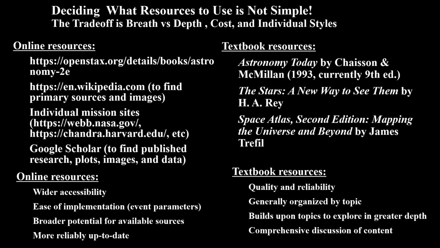The textbook ones, of course, they do have quality. They are reliable. They are organized by topic. If you're someone who learns best sequentially, the content builds upon itself for each topic, and so you end up going greater and greater in depth. One problem, though, with textbooks is the data is 4 or 5 years out of date before the books are published, because unless things have changed a whole heck of a lot, it takes about 5 years to redo an astronomy textbook, such as Astronomy Today, and get a new copy out there.